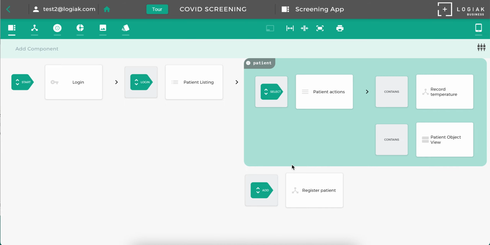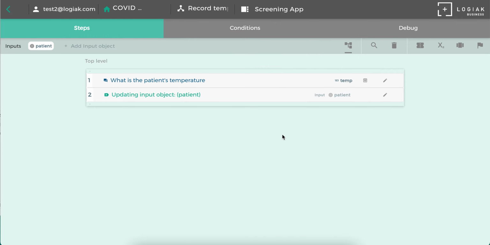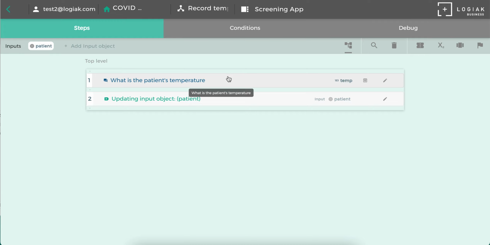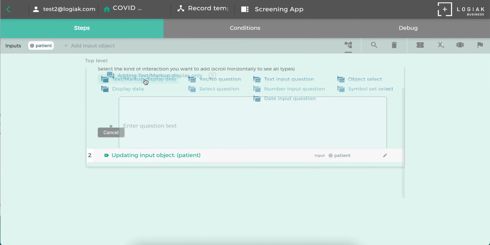Let's expand the application flow. We can see that the user selects a patient and sees some information about the patient, and there's a process that the user can use, record temperature. Let's have a look at the record temperature process and add some logic here, because we've got the temperature value from the user and we can compute on the basis of that and the age whether or not a PCR test is required. For the time being, let's just have a message for the user which will be shown only